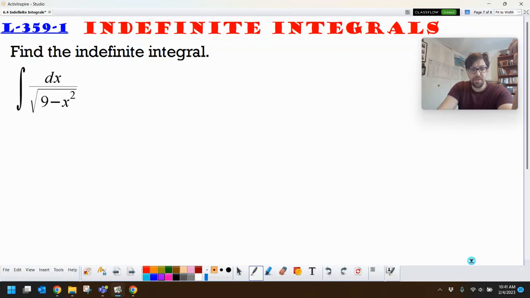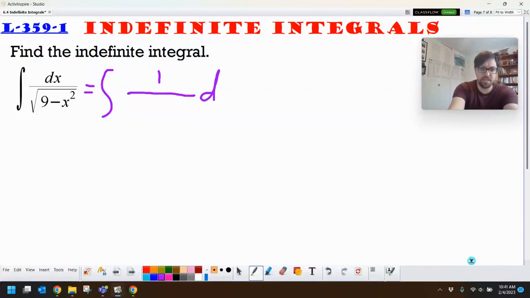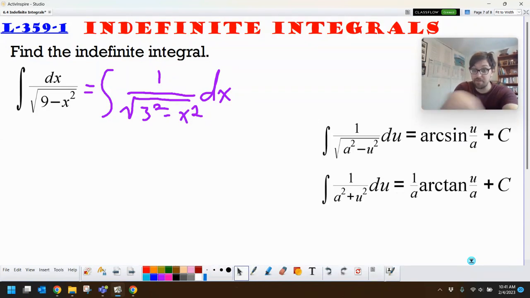Now, this one's a bit of a mess. I don't want that dx up in the numerator. I want that separated from the rest of it. So I want a fraction, and I want 1 over dx. Now, looking at that denominator, I think that's just a couple things squared. That's 3 squared minus x squared, which, if I think back to, and I got it hidden right here,